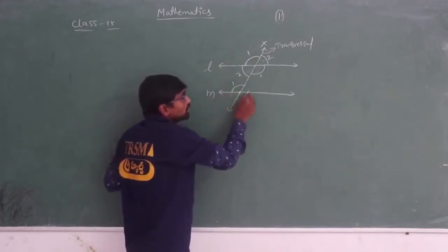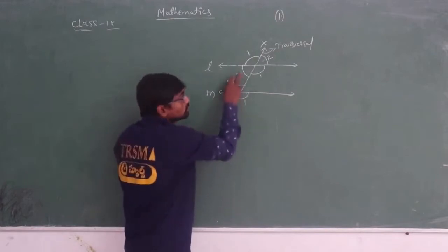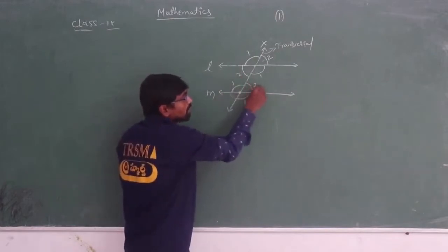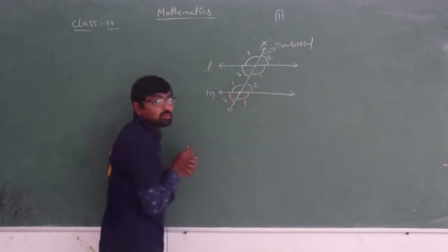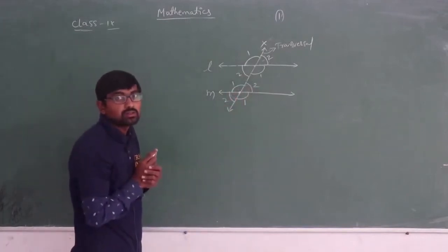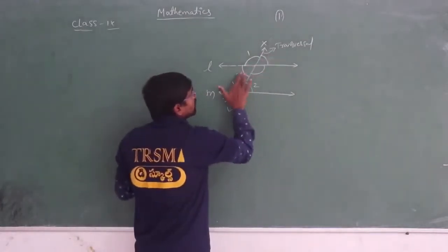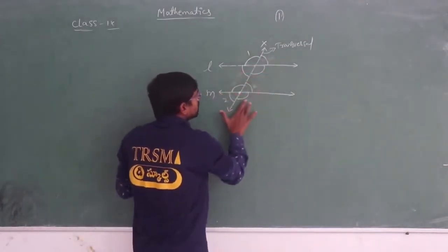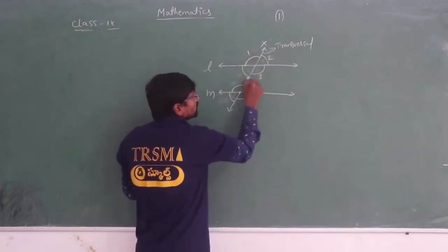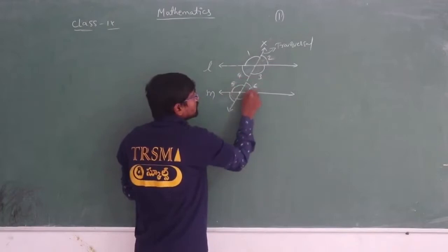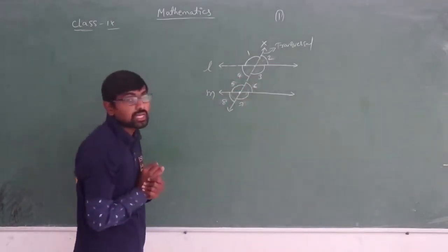Now if this is 1, here the vertically opposite angle is also 1. Here it is 2, then the opposite angle will also be 2, and the vertically opposite angle is also 2, isn't it? Okay, if I take other numbers, 1, 2, 3, if I take all the numbers, here we are getting 8 angles in total: 1, 2, 3, 4, 5, 6, 7, 8. If I take it like this, what can you say?